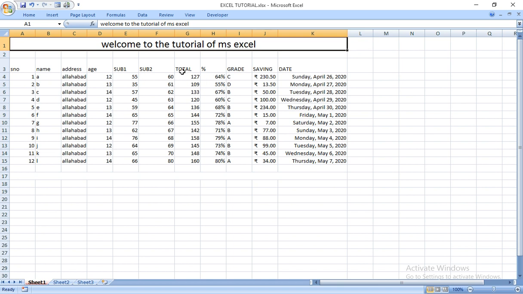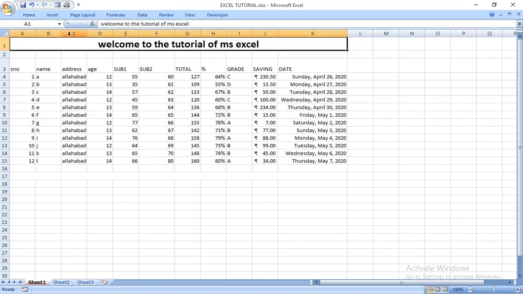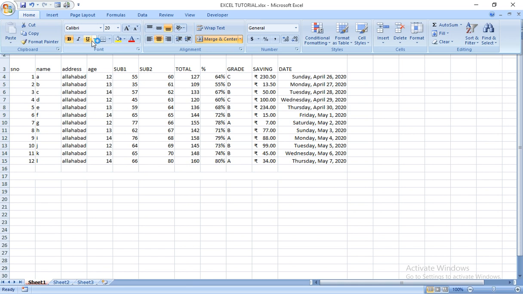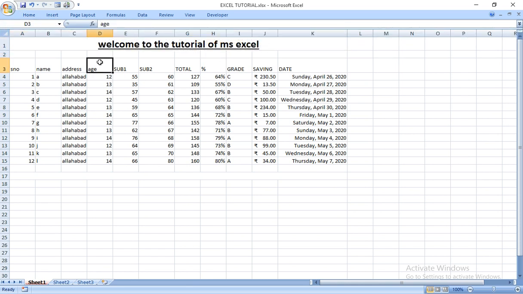This will make your heading in the center of your worksheet. You can bold it, underline it, or change the color.